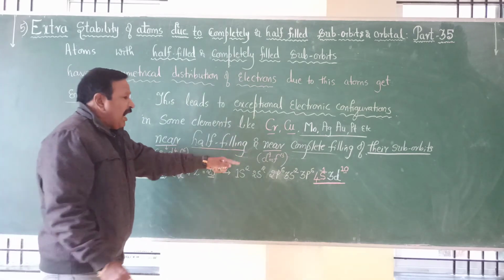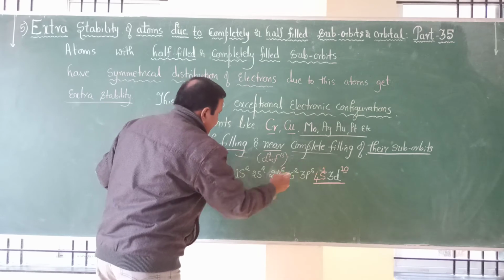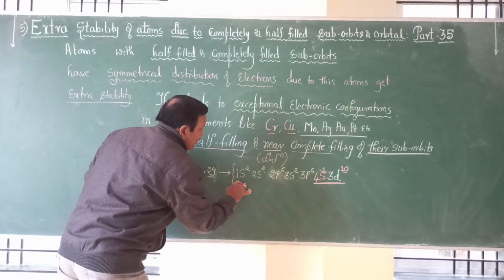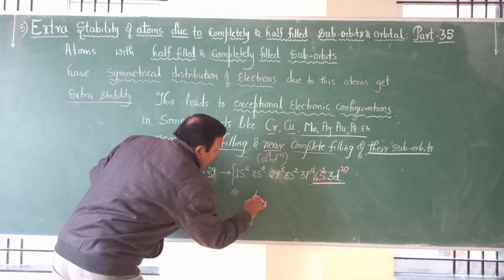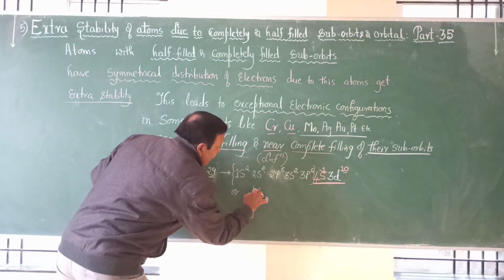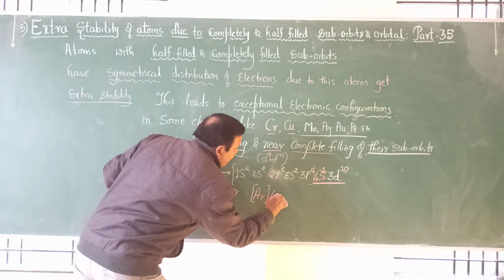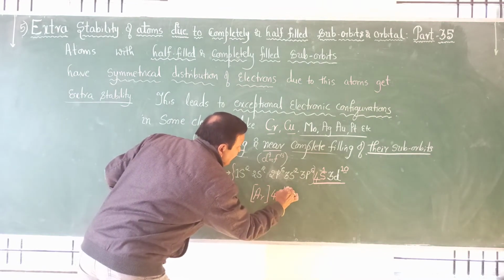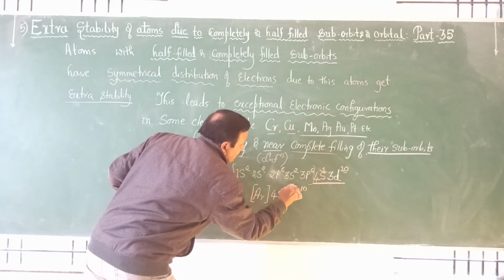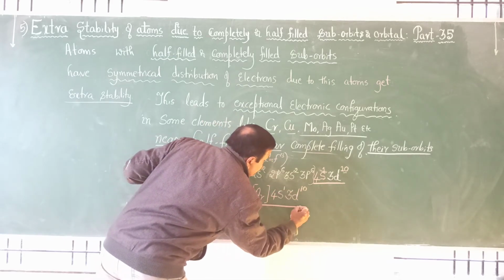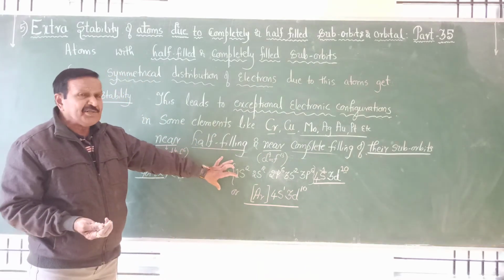That means up to this much you can write argon, 18. Argon, this is the same thing, you can write in another way also. Or you can write argon 18 electrons, okay, and 4s1 3d10. So this is also another way of writing the configuration. Okay, this we have to discuss because we have to do this.